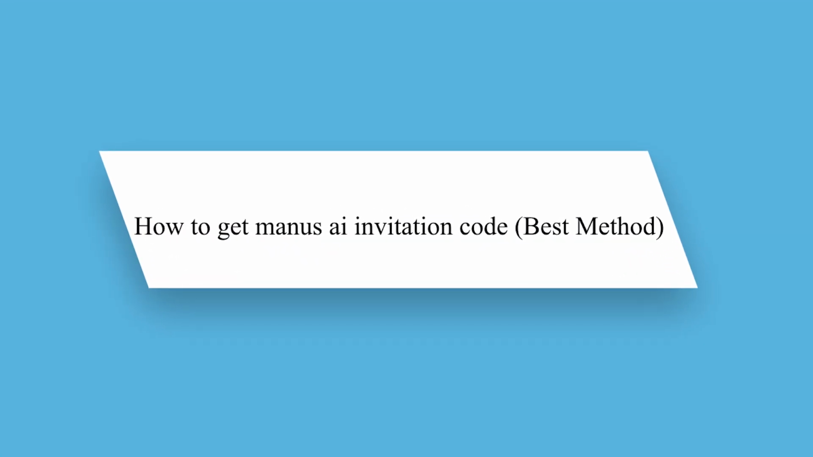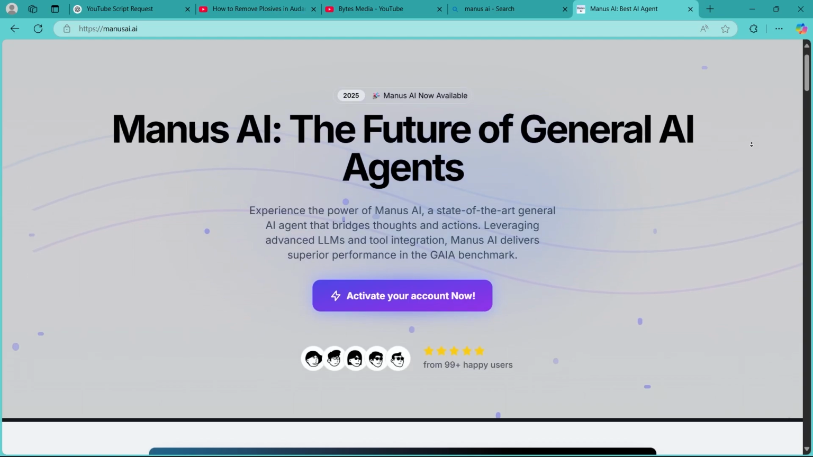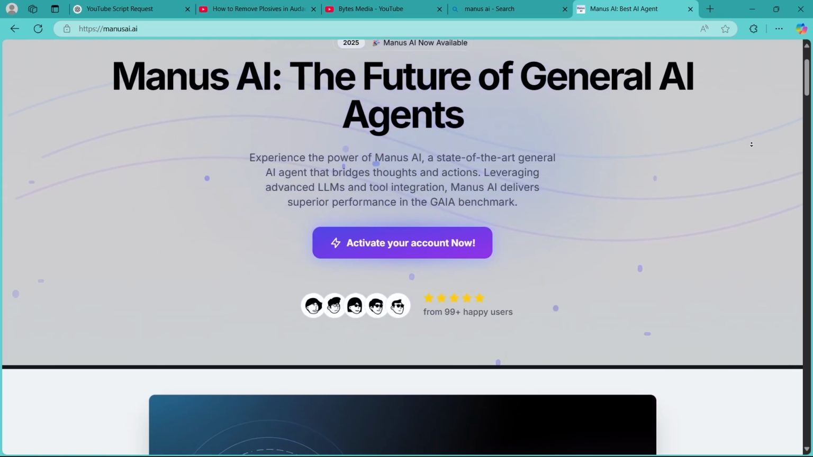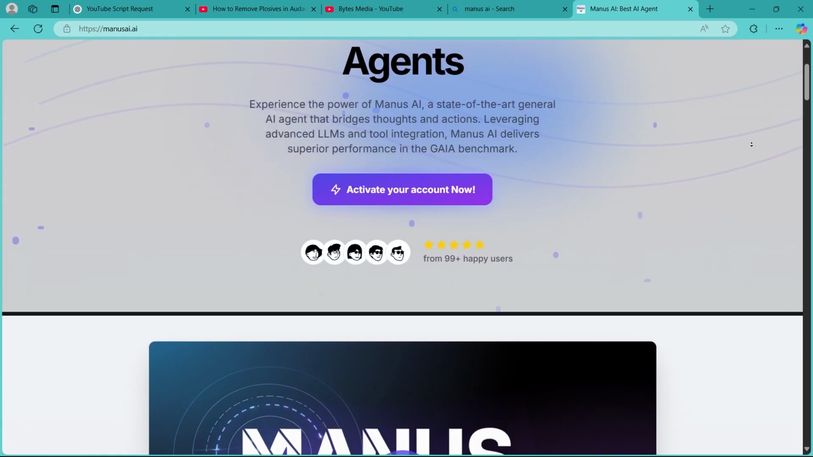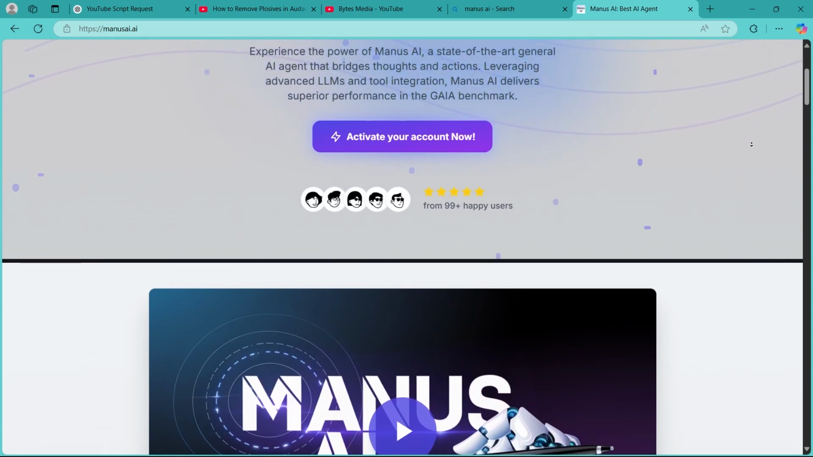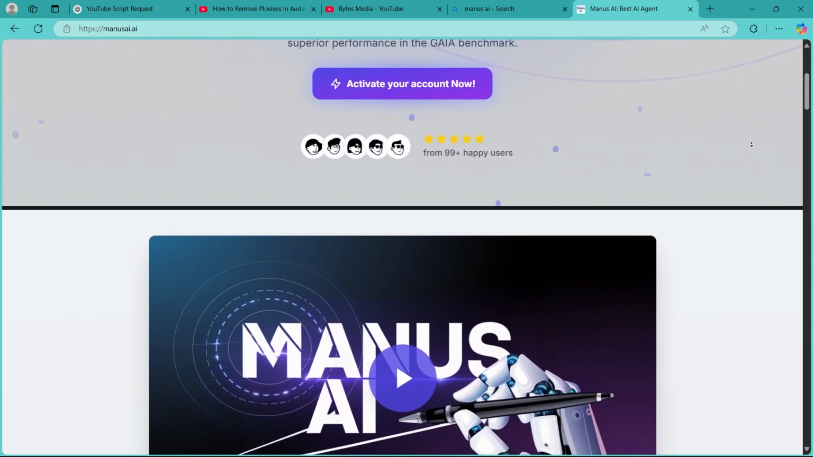Today I will show you how to get a Manus AI invitation code through the best method. So Manus AI is gaining attention for its advanced AI capabilities, but accessing it requires an invitation code. And if you're looking for the best way to get a Manus AI invite, follow these methods to secure your access